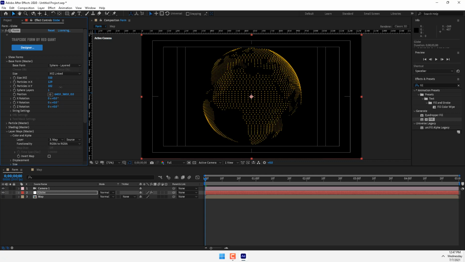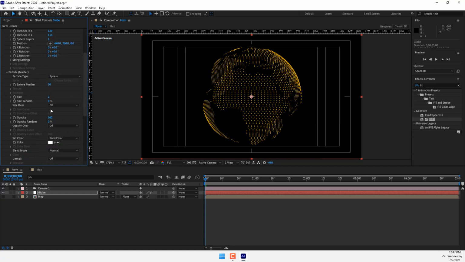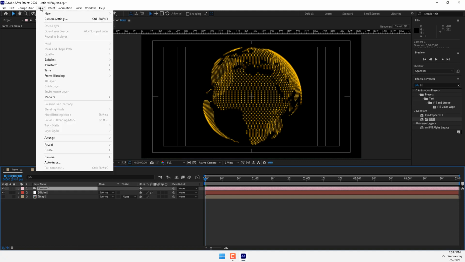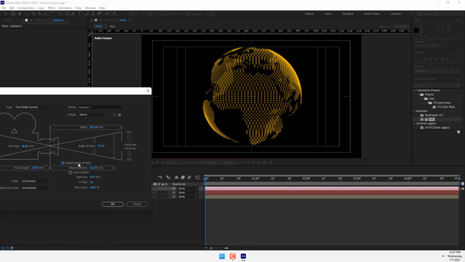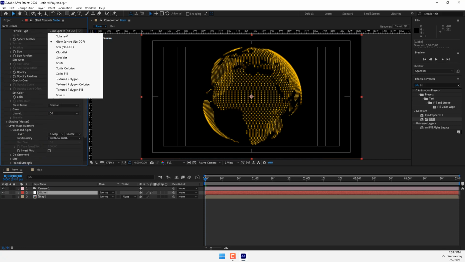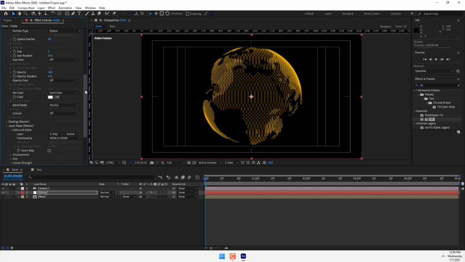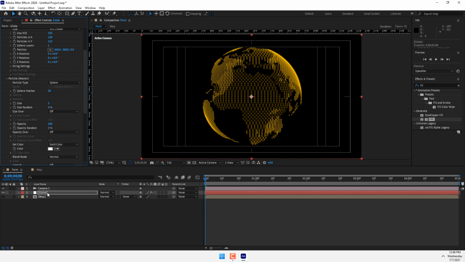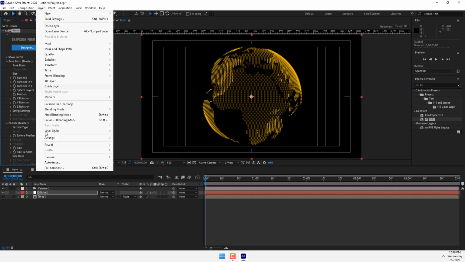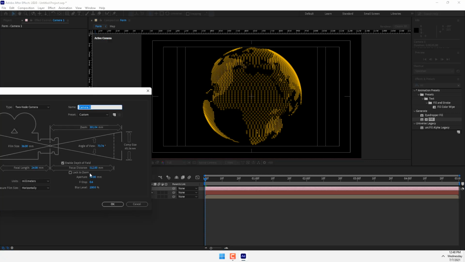And then go to Particles, change the sphere to Globe Sphere, and then there is the size and this is the random size. You can change the random size and select the camera, Layer, Camera Settings, turn on Depth of Field. This is depth of field. Then go to Globe, change from Globe Sphere to Sphere, because the camera depth of field effect works on sphere particles, not on Globe Sphere. Then go back to the camera and select Layer, Camera Settings,